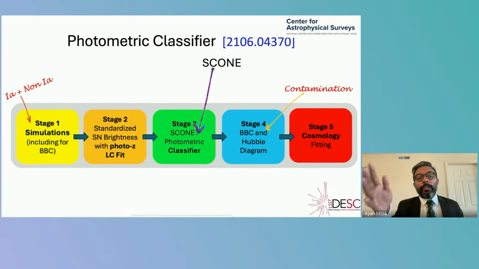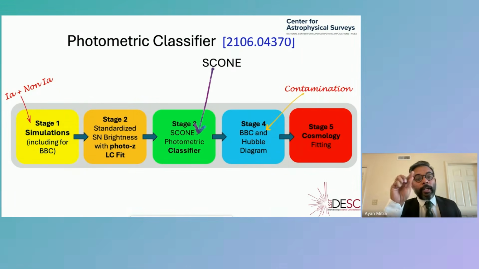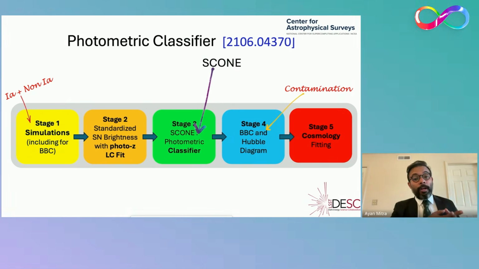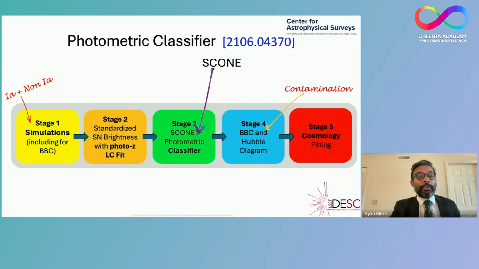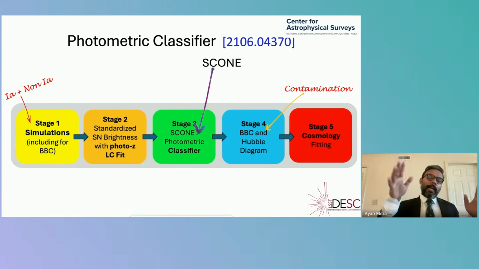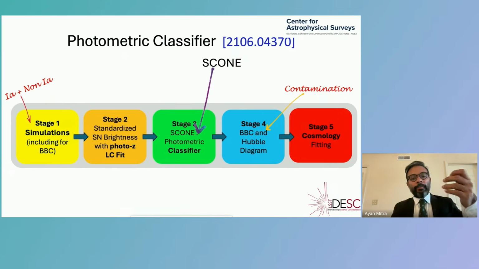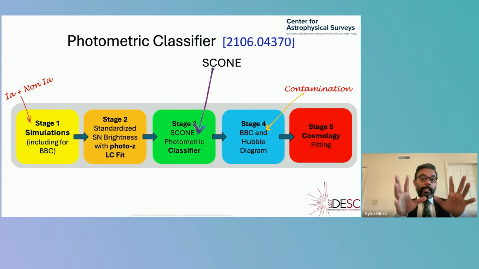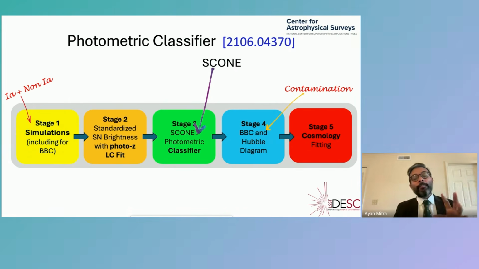And now, because we're doing all of this photometrically, remember, we have to do the classification of supernova 1a. But because it's photometrically classified, there's a margin of error. So you can sometimes misjudge a type 1a as a non-1a. For that, we take the help of modern machine learning and AI, and we use a photometric classifier, which is trained on thousands and thousands of samples, and then it tests on the real data to tell us if an object is a 1a or non-1a. That's also a state-of-the-art algorithm.